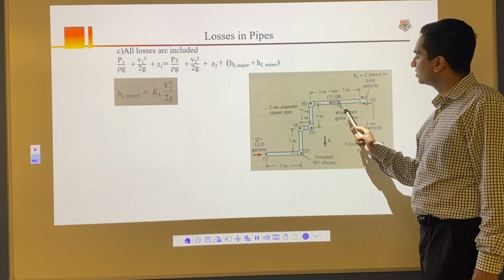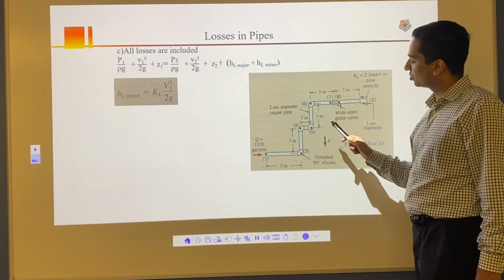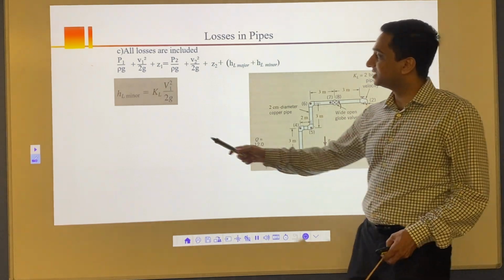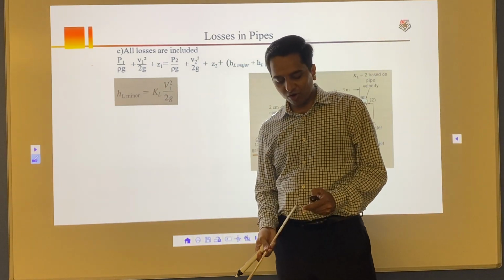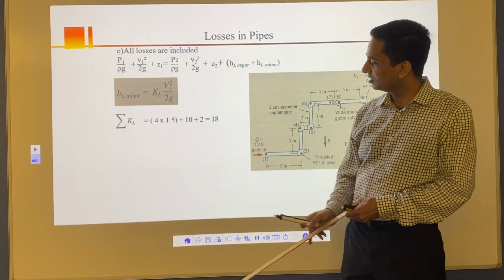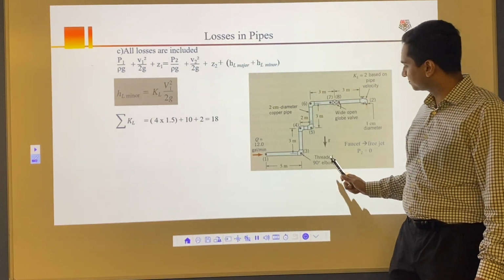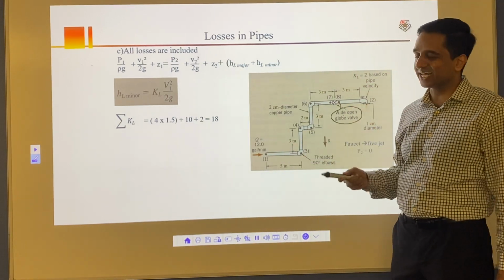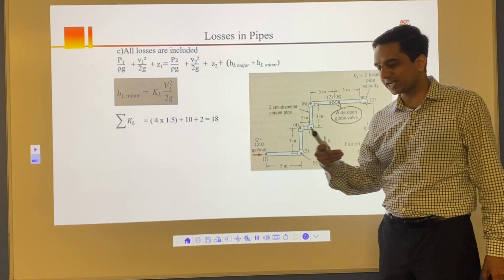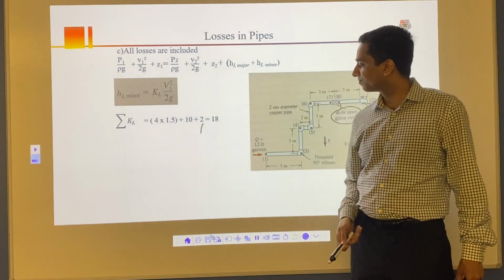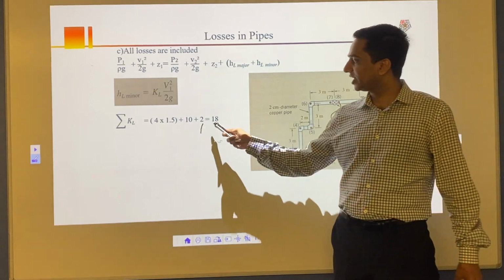Find that value, add that into these 4 elbows, and then here KL is equal to 2, also add that. So this KL will be the sum of all loss coefficients, all that kinetic energy losses: 4 elbows, 10. The value for wide open globe valve is 10, KL is equal to 10. If you go through the table, you have to find out the table. 2 is given here. So altogether KL is 18.